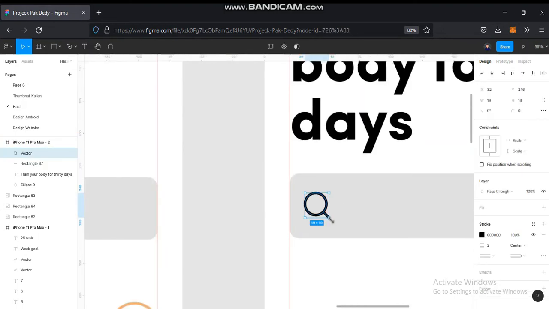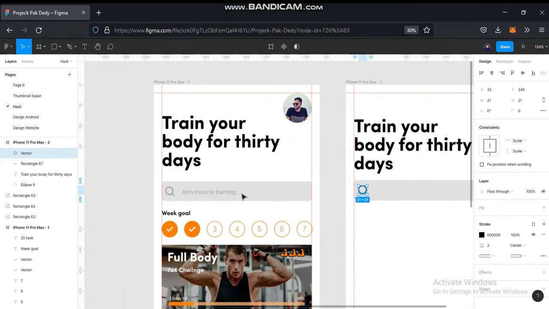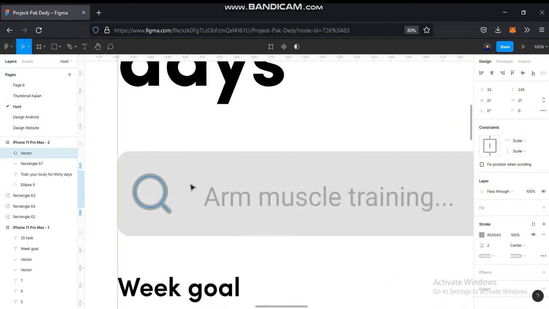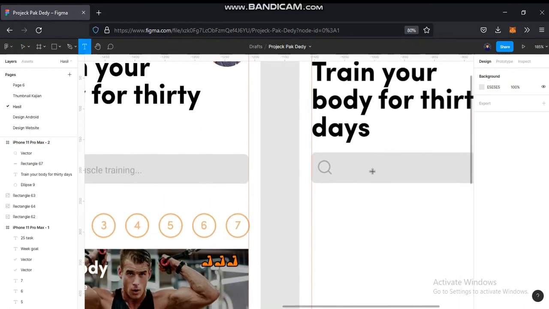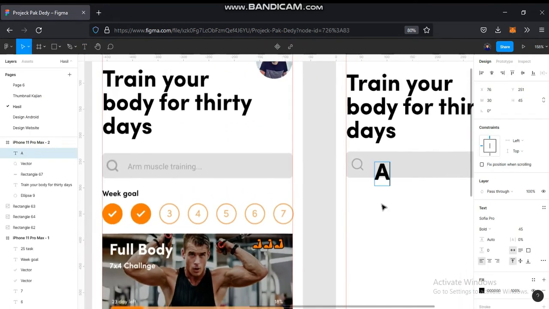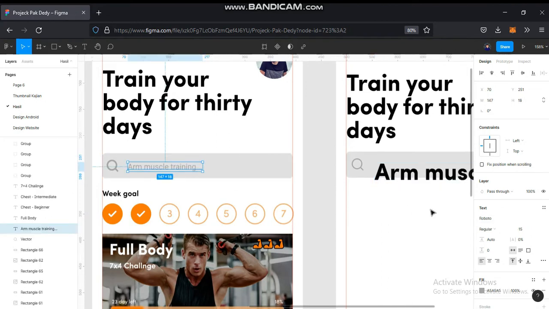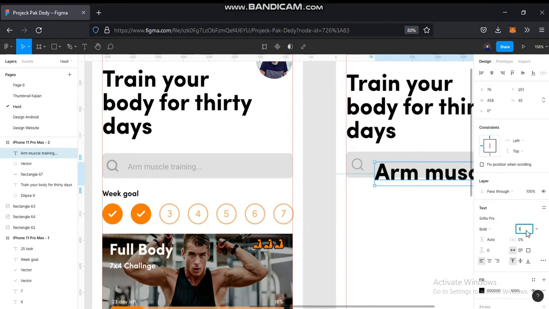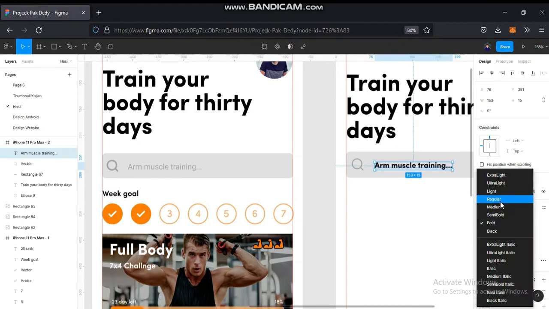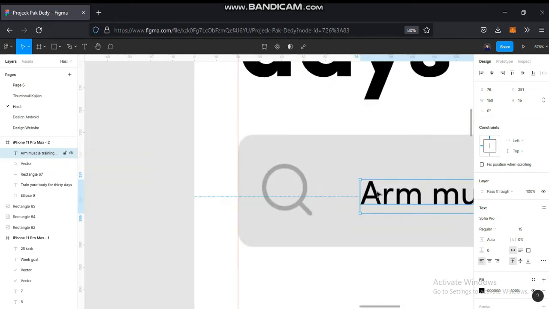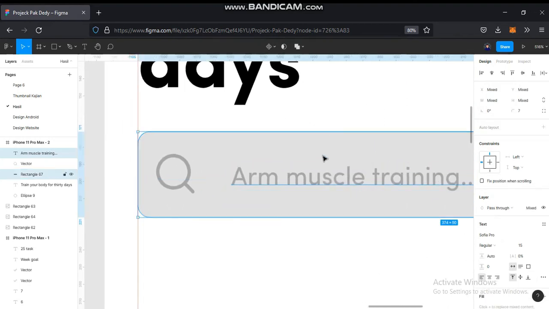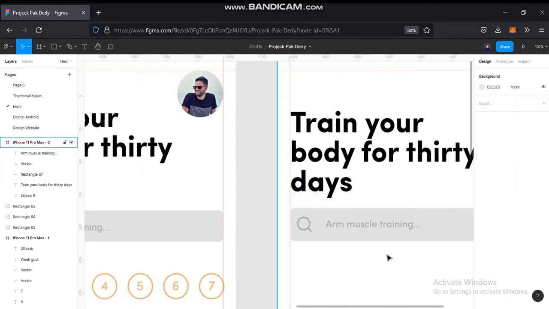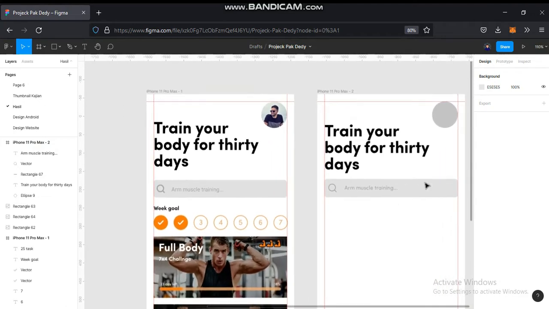And maybe a bit bigger, and we copy the color like this. After that we make text again, "Arm muscle training," and we change the size to 15, and we change the thickness to regular. We copy the color like this, and we fit it in the middle like this, and we